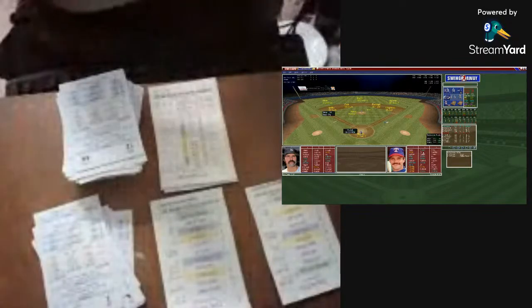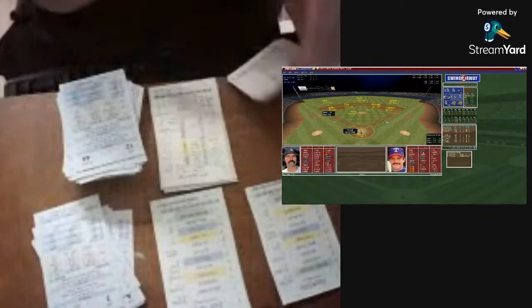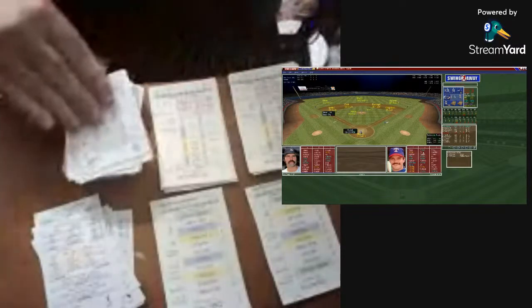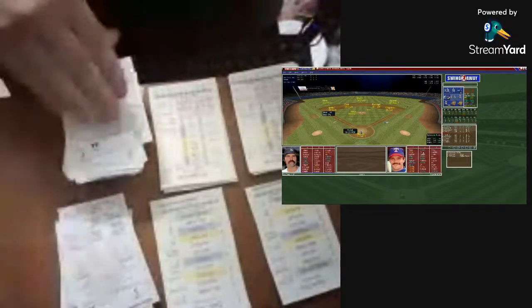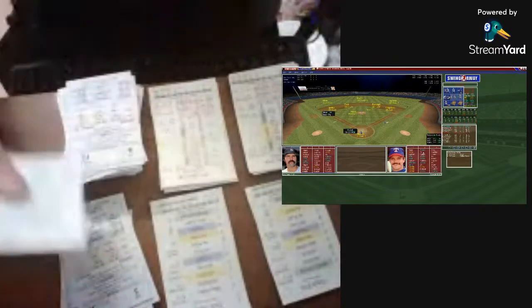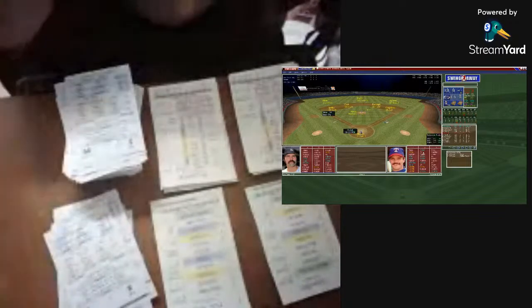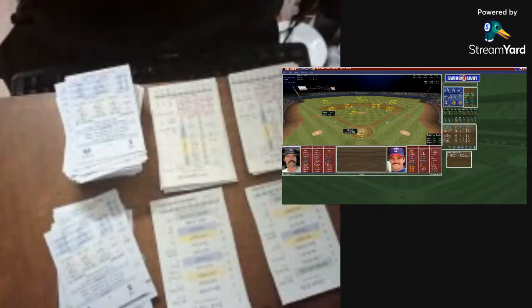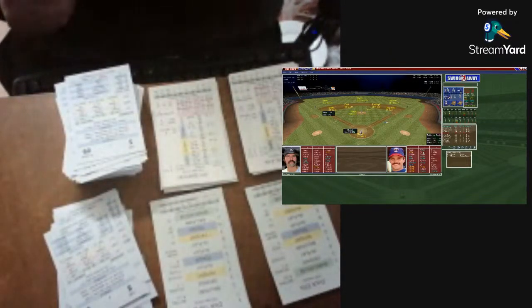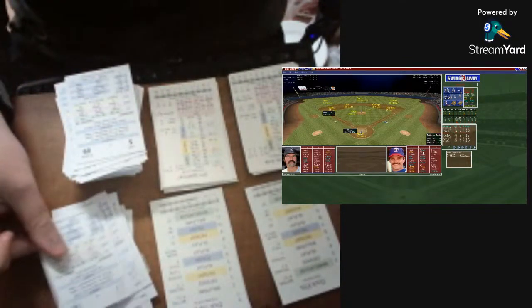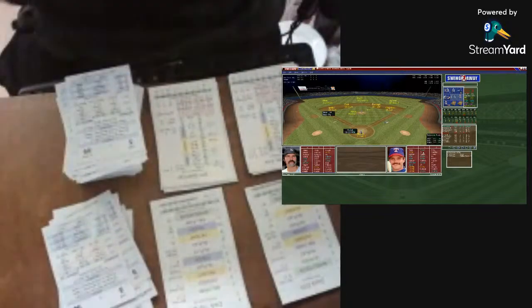So Oliver triples in a run, and now here's Richie Zisk. Yankees will play the infield in here. They're going to have to try to stop this run. Here's the pitch from Tidrow. It's a 9. It's patient to Zisk. It's 94. It's a fly ball left field. Now, let's see. This could be the interesting part of this. 9 from Tidrow. So it's a patient fly ball.